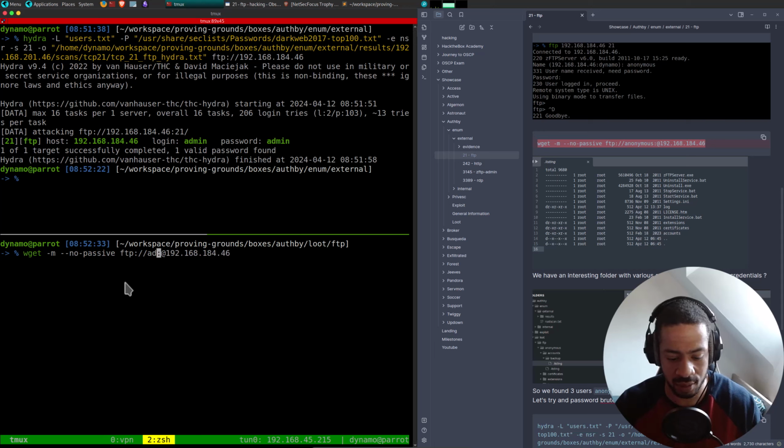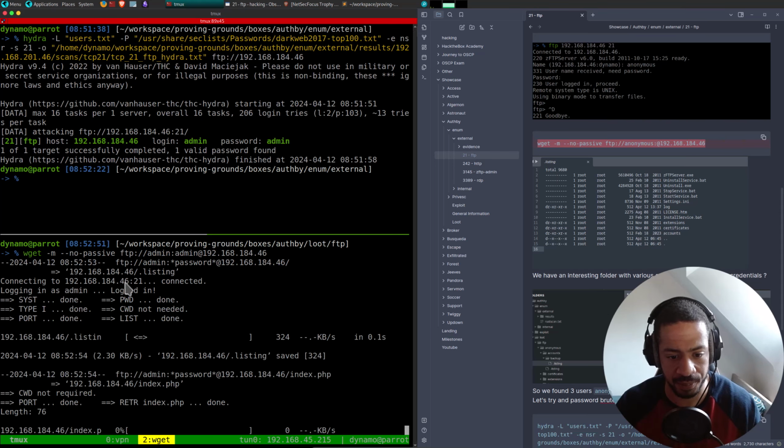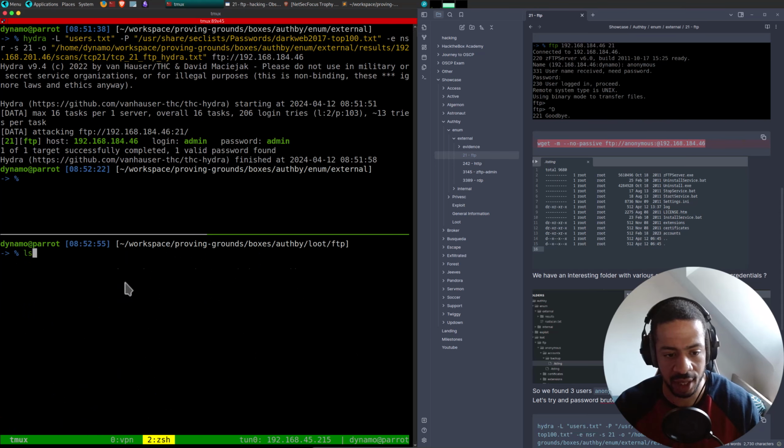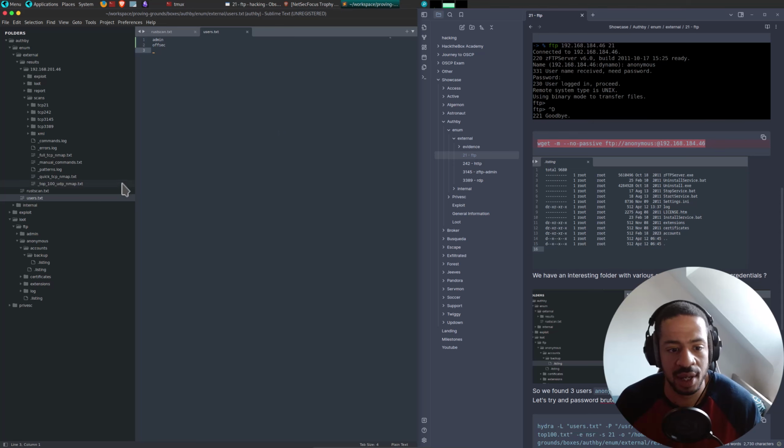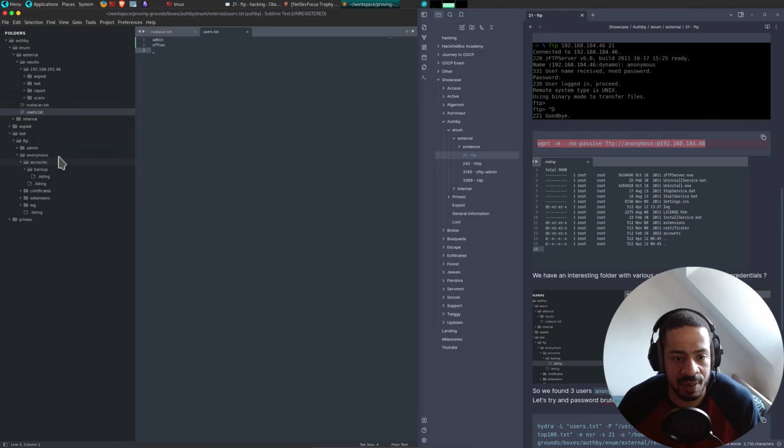Because it's a CTF, let's just do downloading it right away. We'll see what's in there anyway. So we download everything. That will save as 192. We'll move that and call it admin. And then let's inspect what's in here.